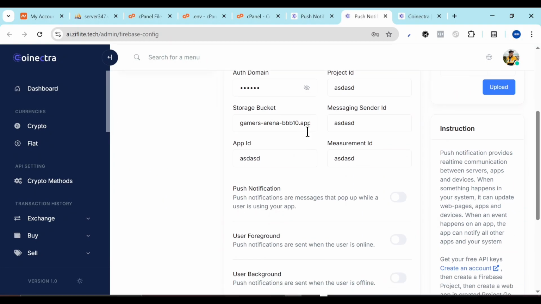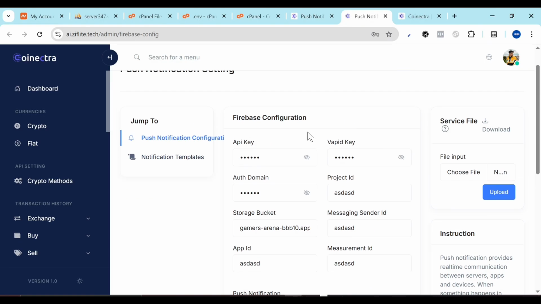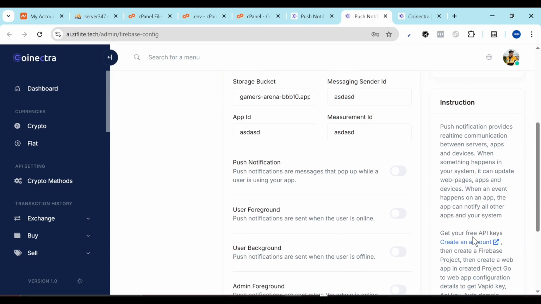Now, this push notification settings is a bit difficult to set. Not difficult, sorry to say. It's a bit tricky. All right, so let me use that word. A bit tricky, but I'm just going to show you how to set it. So what you want to do is come here, click on this link here. It will show you where you create your account for